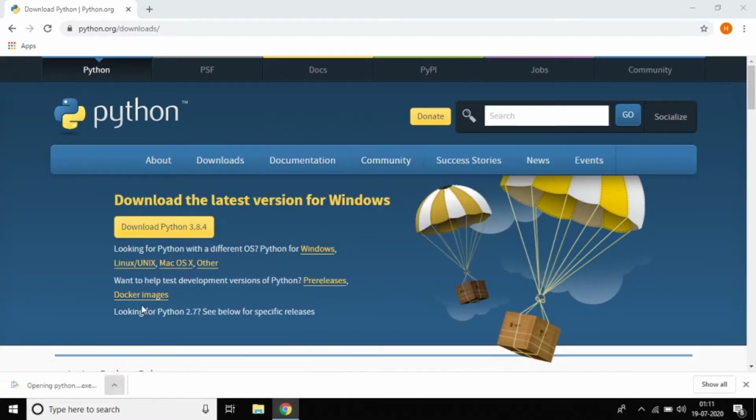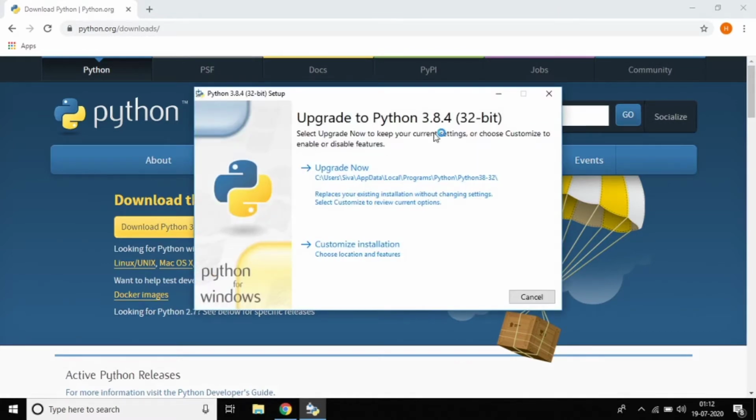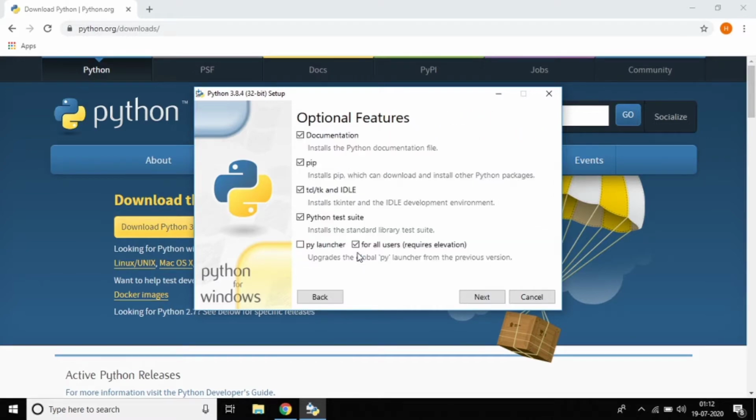Just open the file, and after opening, you can see Upgrade Now and Customize Installation. What is the difference between them? If you click Customize Installation, it asks which installations you need.